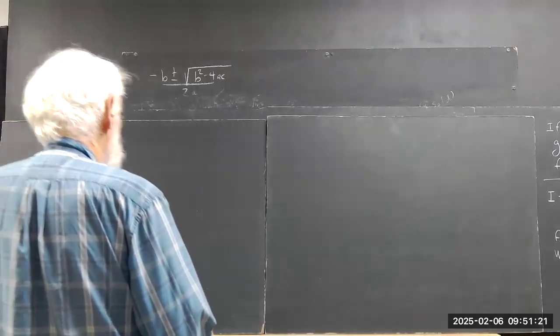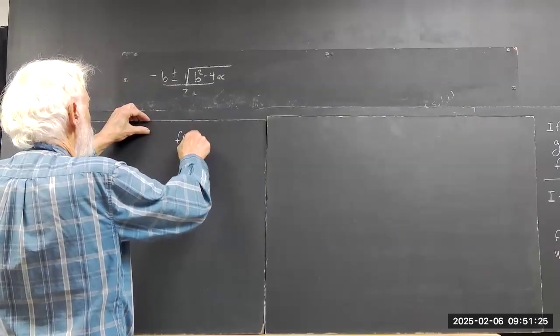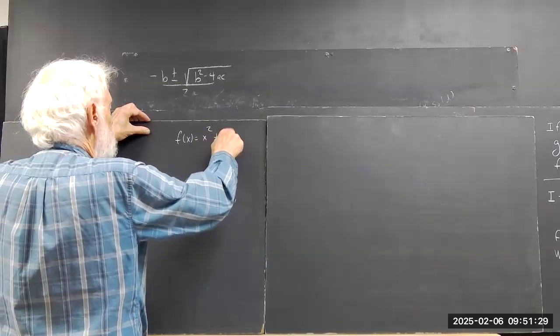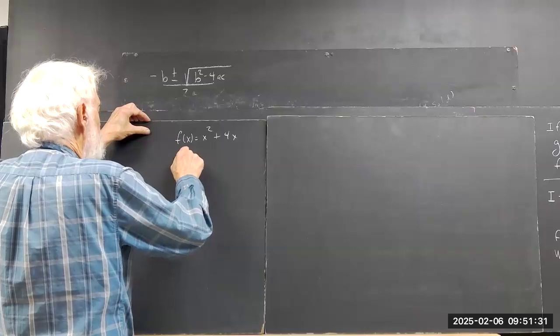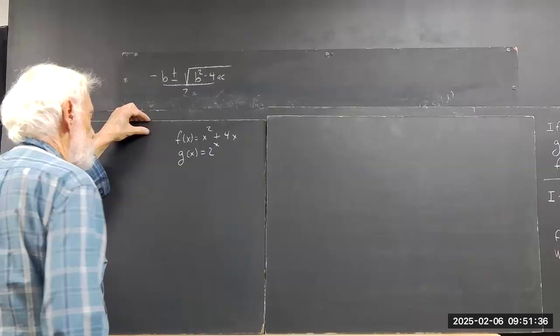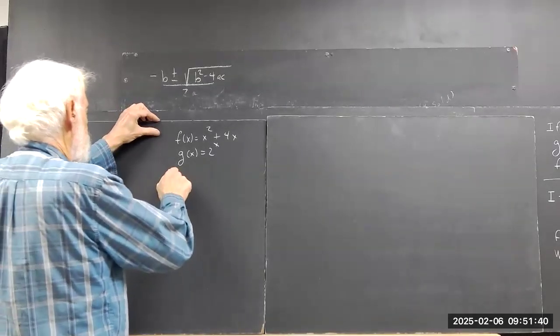Okay, we've got a couple of problems. We've got f of x equals x squared plus 4x, and g of x equals 2 to the x. Okay, so first of all,